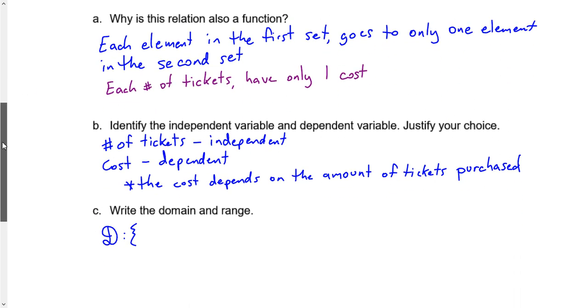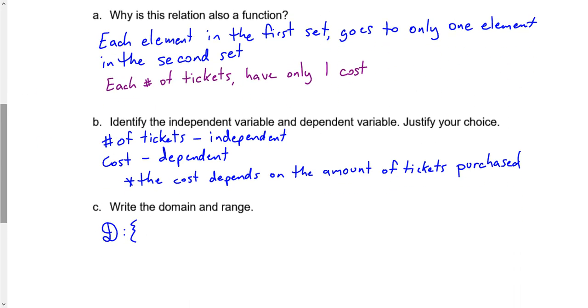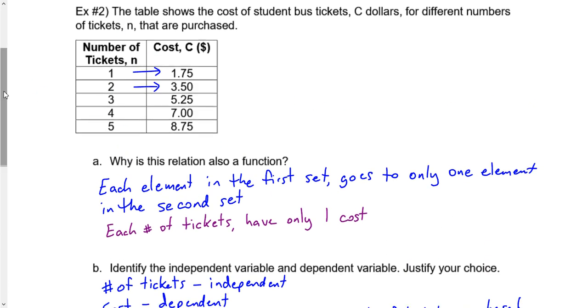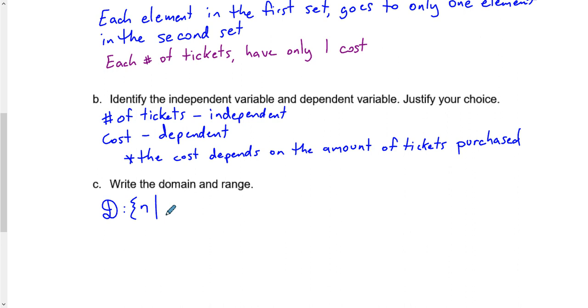Now I'm going to change the variable from x to an n. Why am I changing it to n? Because it's the number of tickets. So n is just going to equal 1, 2, 3, 4, and 5. Done. Whereas our range